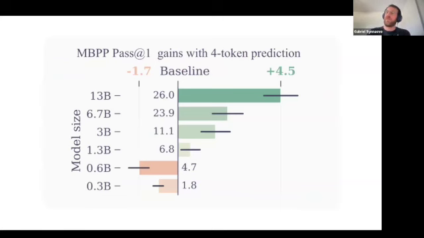A key finding of this paper is actually this. Initially, it looked like it didn't work. Of course, we don't do experiments with that big model initially, so we do experiments with a 300 million parameter model, for instance. And it looked like the code was correct, but things didn't work or even made the model worse. So what we did still is say, okay, let's try and see how this scales. Let's try and do scaling laws for the impact of this loss when we scale up the model.